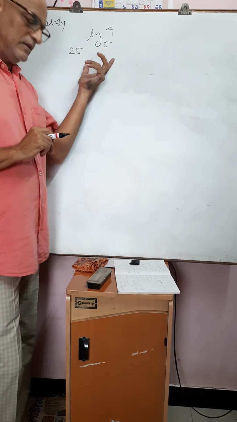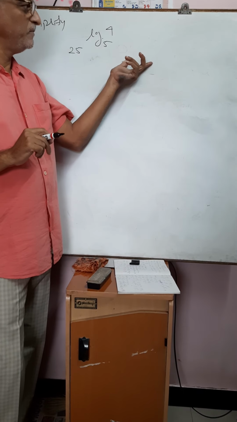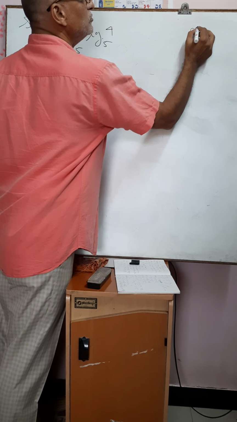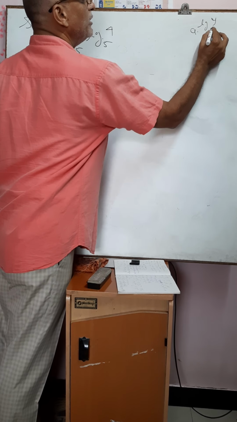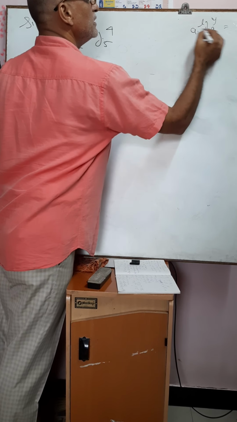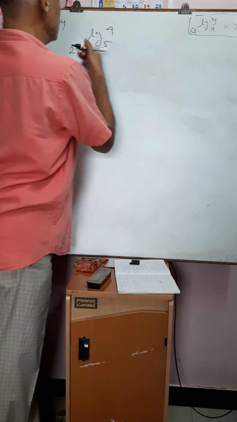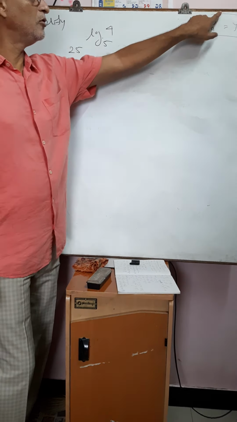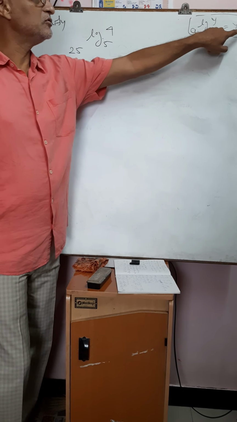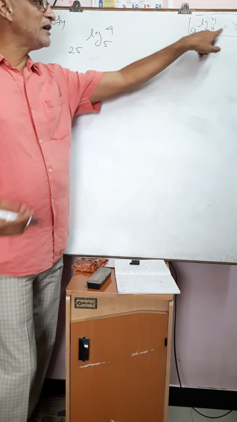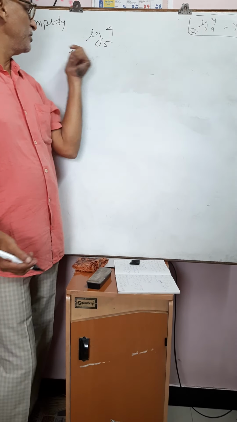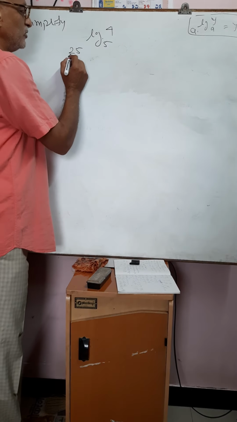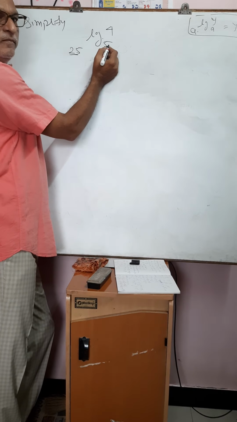If you remember the third property, what is our third property? A raised to log of y to the base a is equals to y. So this problem is based on this one. अभी आपके दिमाग में सर आप बोल रहे हैं कि ये इस प्रॉपर्टी है, लेकिन यहाँ पे 25 है और यहाँ पे 5 है. So we have to reduce this 25. We have to write down this 25 in terms of 5.